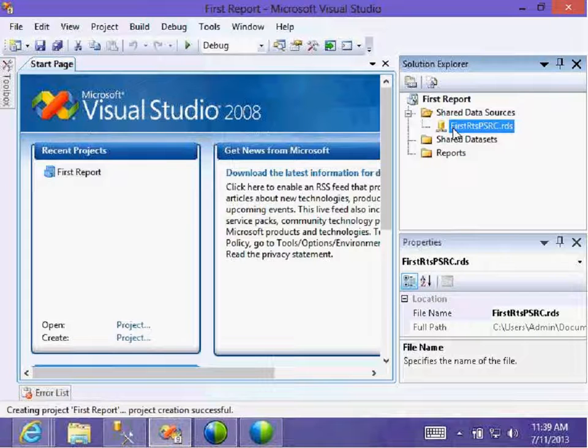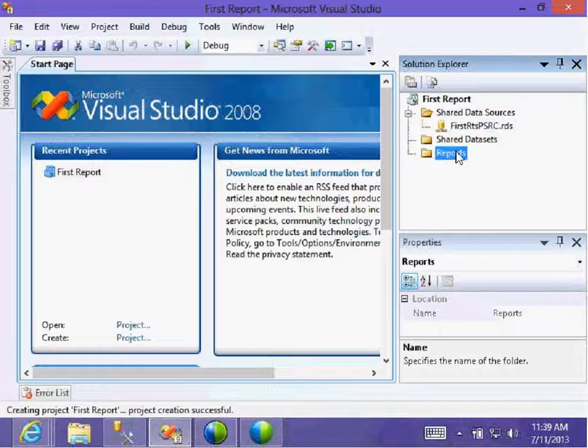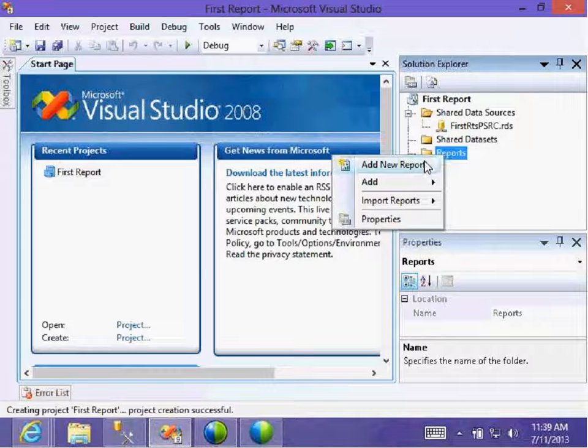Now let us create the RDS, the data sources, and the datasets for the report, because initially we will work with individual datasets, and later we will work with shared datasets. So then start the new report. Now, the icon with a glowing bulb on the report means the report development will come with a wizard.